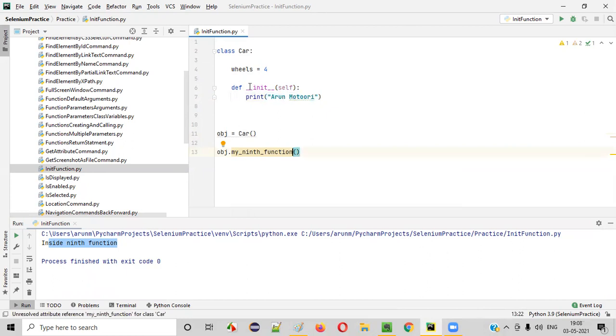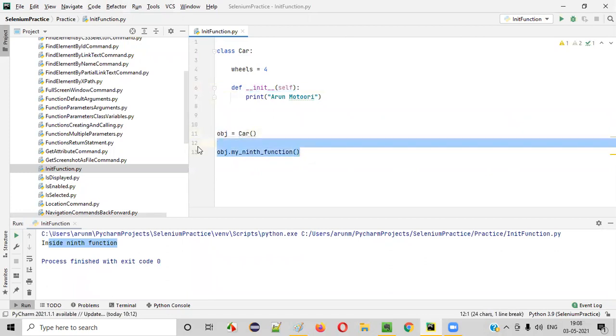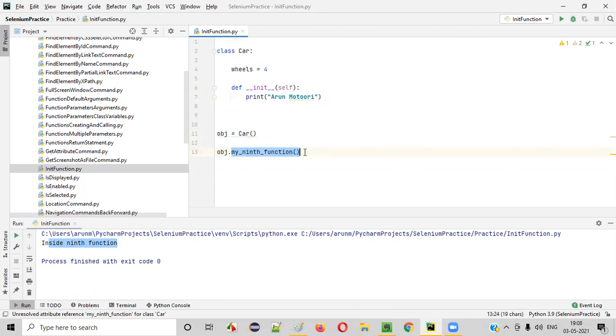For calling this function, you don't have to create an object reference like this. This is not required, guys. You can remove everything. You don't have to specifically call using obj.init; remove this, it's not required. Even the object reference is not needed. Simply create an object for this car class like this. This is the object creation statement for the car class.